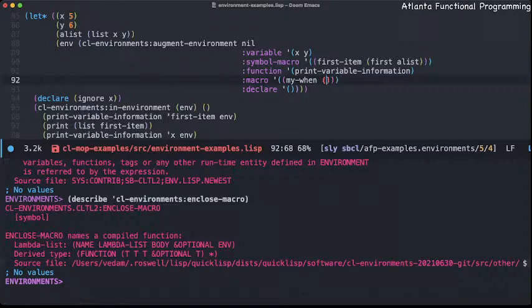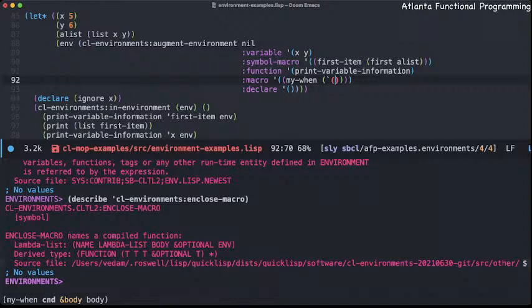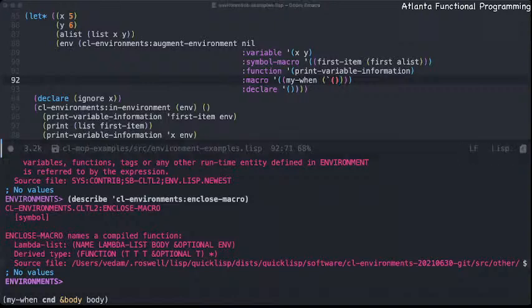We do essentially backtick quote, use a function of two arguments. So see here. Our macro form of lexical environment it can be expanded into. So let's see if